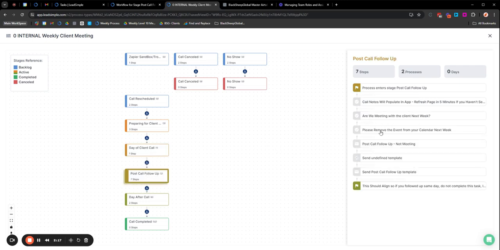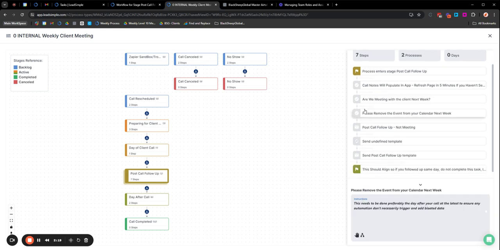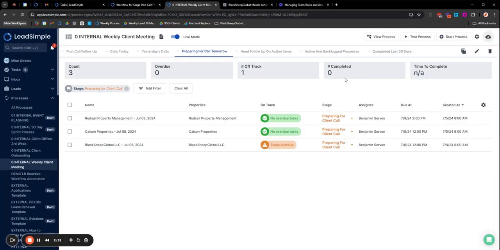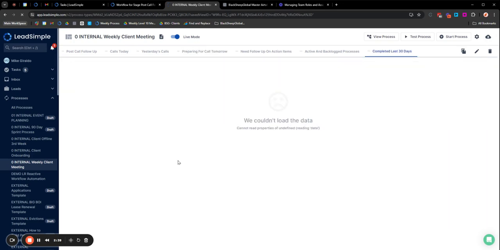For example, this particular meeting is conditionally tied to this question. This step has conditions to be displayed. It will let me know what needs to take place. The other thing we can do is individually, independently within the actual process, I can go ahead and look at it. So if we look at a completed process, for example,